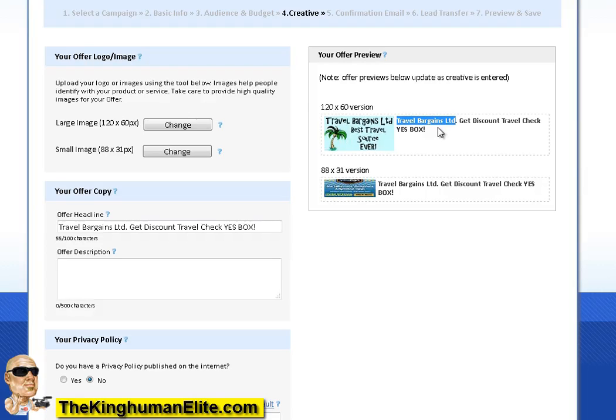And the emails are going to be generated from Travel Bargains Limited. In other words, that's going to be the sender. So they're going to see that, they're going to recognize it, and they're going to have an association. They're a lot less likely to delete it without reading it. The second thing here is get discount travel. Here's the call to action.